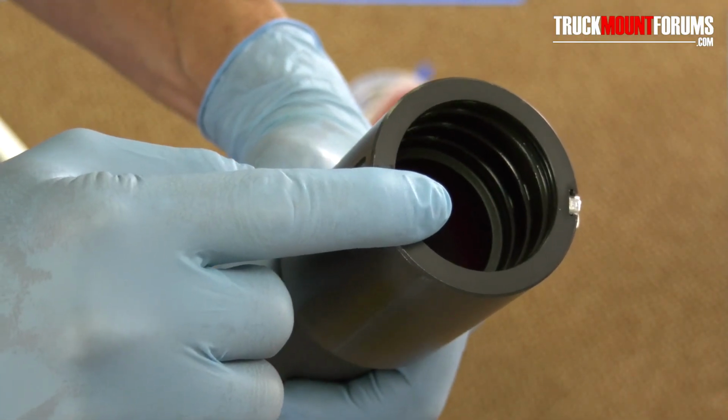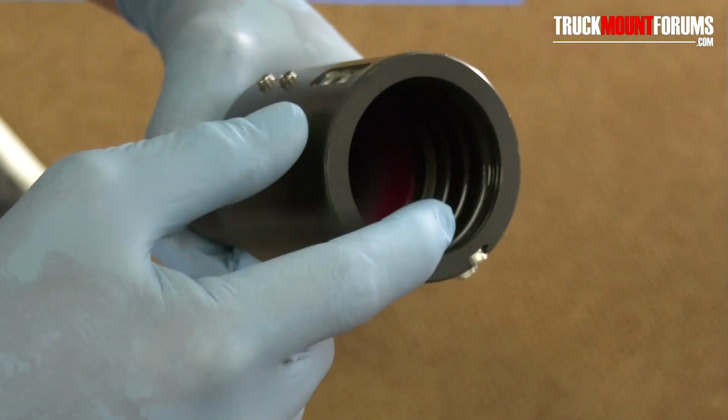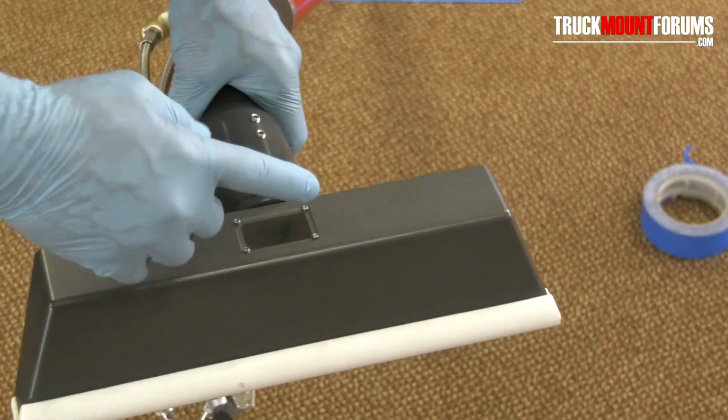Now this is some sort of tube that it connects to. These little dangly things. Yep, if I can stick my finger in there,